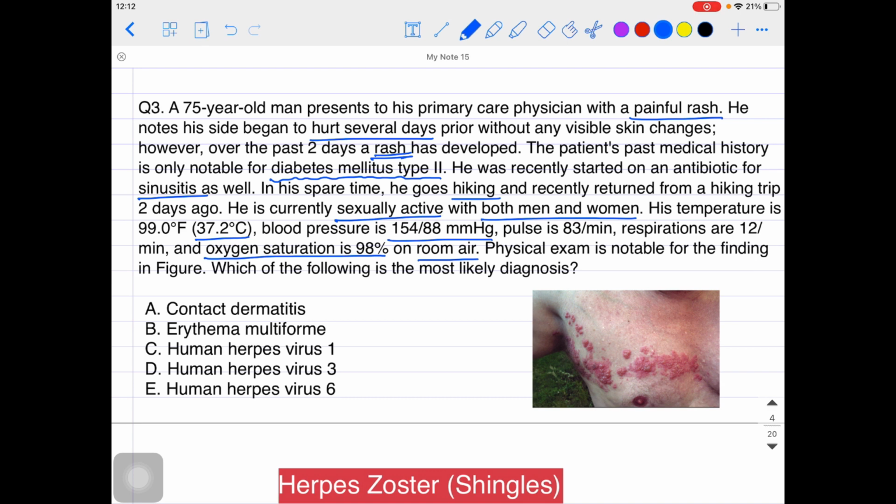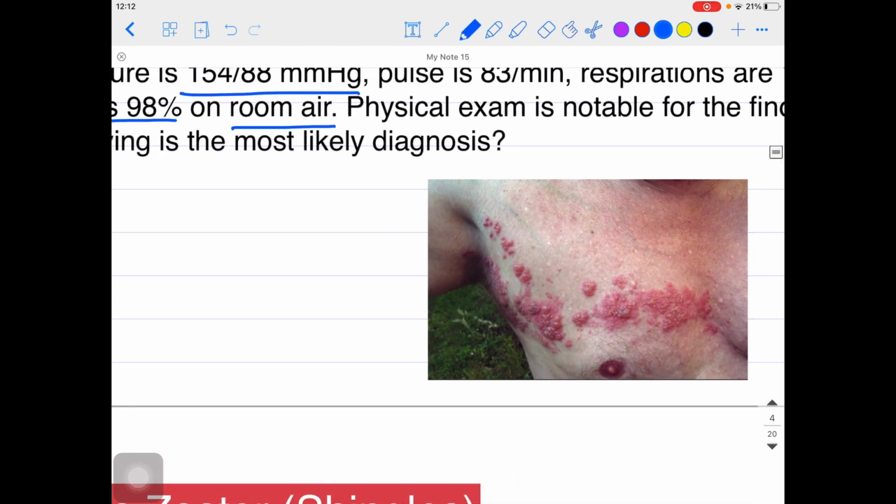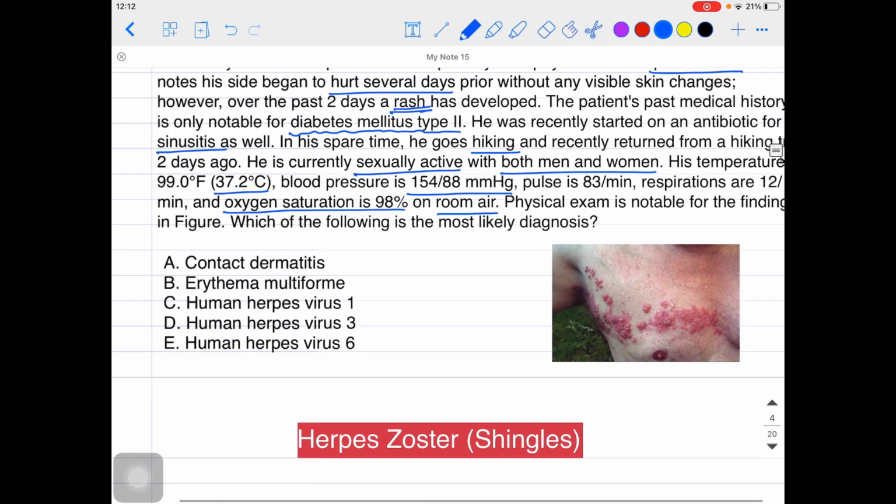And what is the most likely diagnosis over here? So many kinds of things are there. Diabetic patient, casual sexual contact, already taking treatment for sinusitis as well, immunocompromised patient, and many other things are present over there. Rashes are also present. A particular image was given for this question, and you know this is a unilateral dermatome, a thoracic dermatome is involved over here, and this is the case of what?